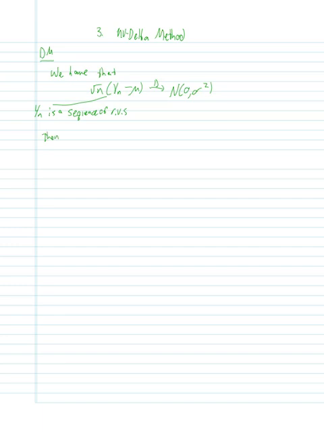Then, for a function, g of x, let's call it, such that g of x is differentiable and the derivative of this function evaluated at mu is not equal to 0, we have, this is only true if these two conditions are true, but we have that square root of n